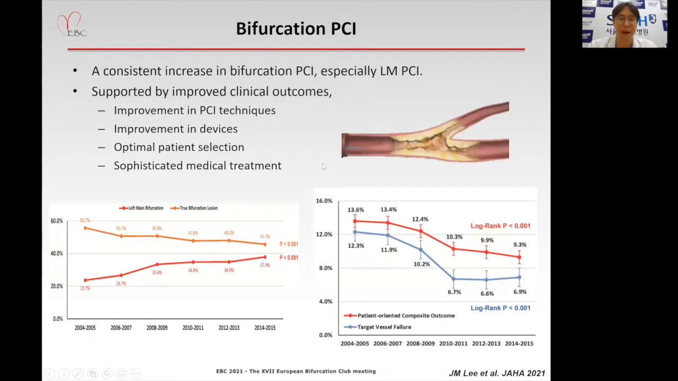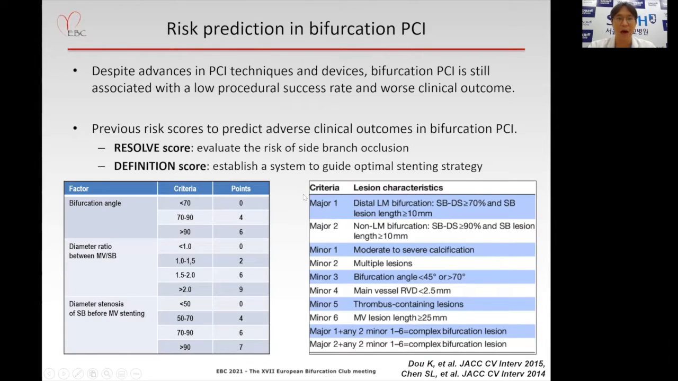Now, regarding bifurcation PCI, there has been an increase in bifurcation PCI, especially for left main PCI. Along with this increase, there has been an improvement in clinical outcomes. This is probably due to the improvement of PCI techniques and devices, optimal patient selection, and sophisticated medical treatment for bifurcation PCI patients. However, despite this advance, bifurcation PCI is still associated with a lower procedural success rate and worse clinical outcomes compared